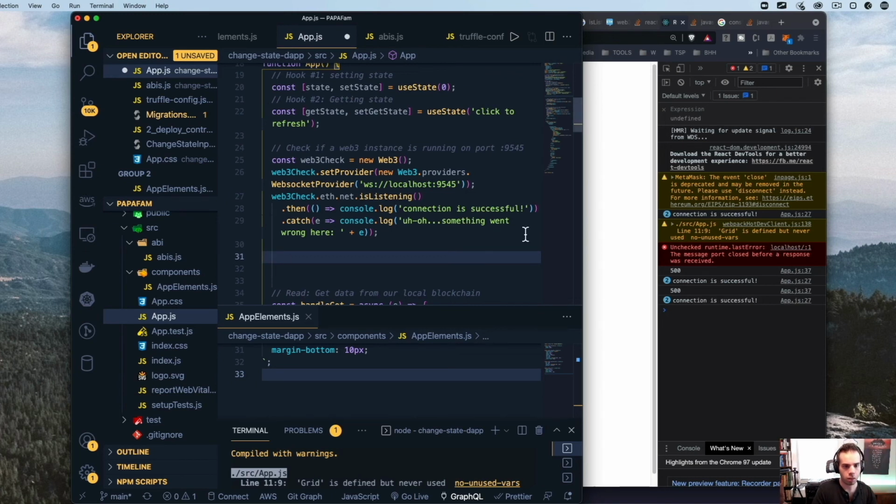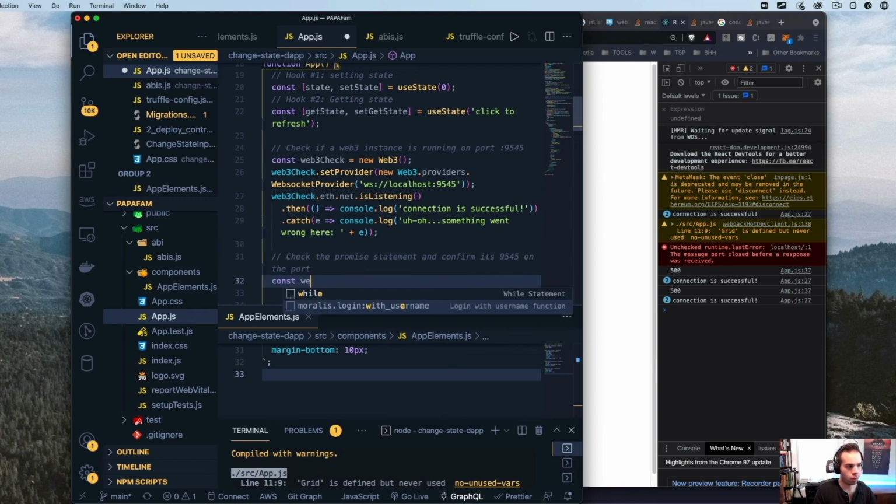So I'm going to just make the last thing. So check the promise statement and confirm it's 9545 on the port. Okay, so we're going to first do web3 check promise.